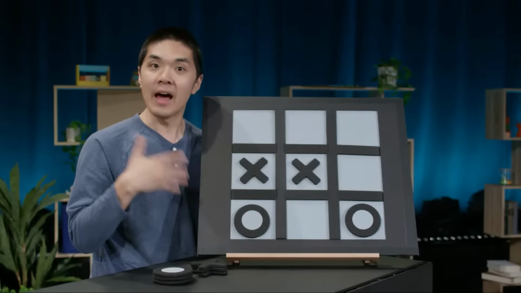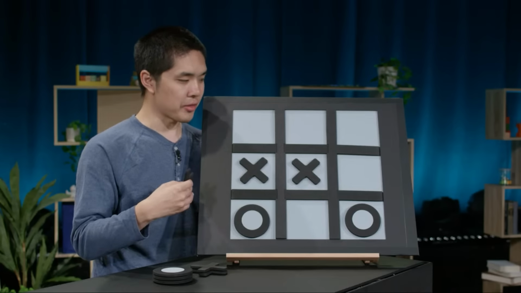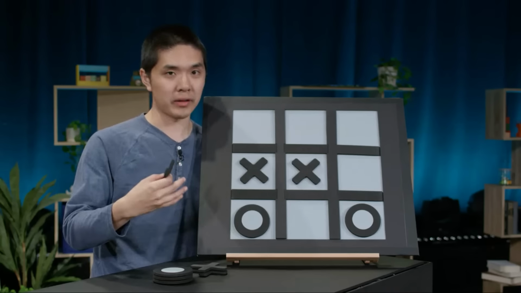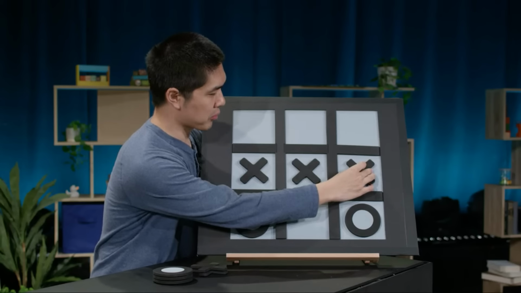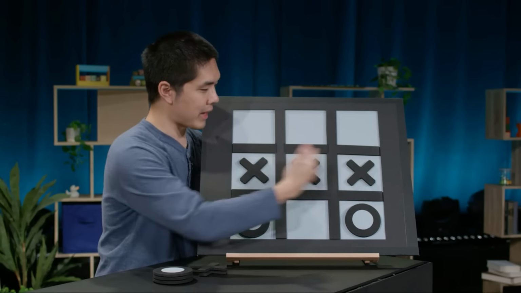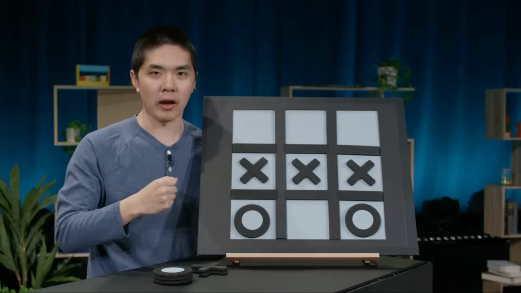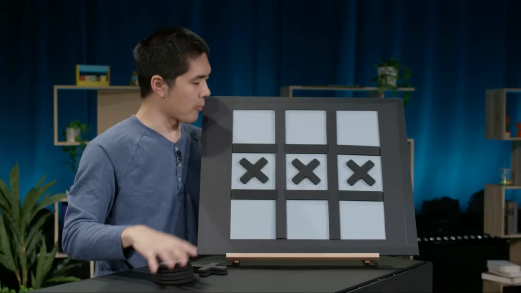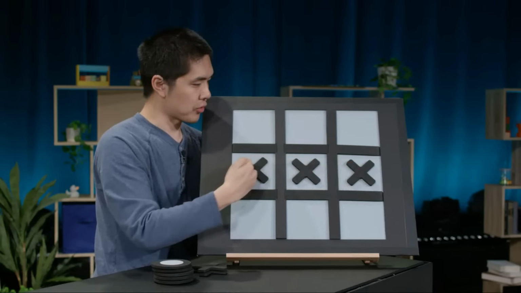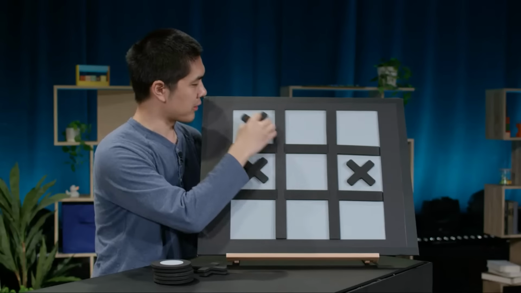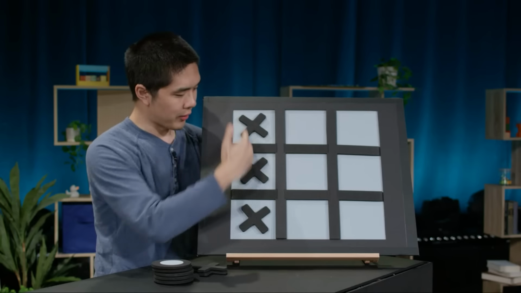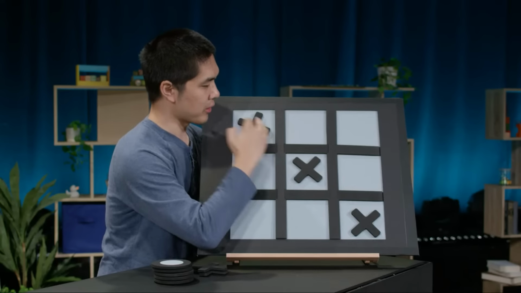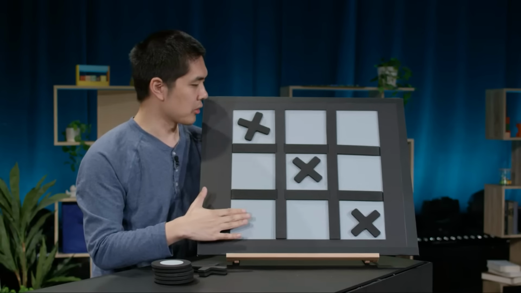And the goal of the game then is to get 3 of a kind in a row. So X wants to get 3 X's in a row, O wants to get 3 O's in a row. So if X were to go here, for example, then X would win the game. X has 3 in a row going across the middle here. And there are multiple different ways to get 3 in a row. You can get 3 in a row by going horizontally, left to right, across any of these rows. You could also get 3 in a row vertically, going up and down. You could also get 3 in a row going diagonally, either along this diagonal or that diagonal over there.